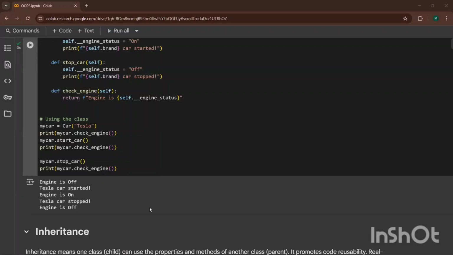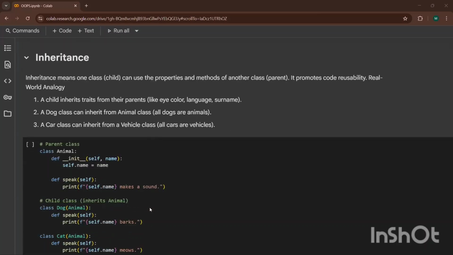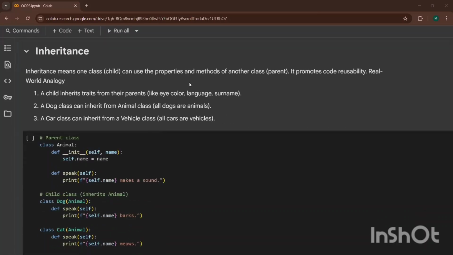Okay, then, guys, so now we are going to start with inheritance. What is inheritance? Tell me, guys, what do you think?